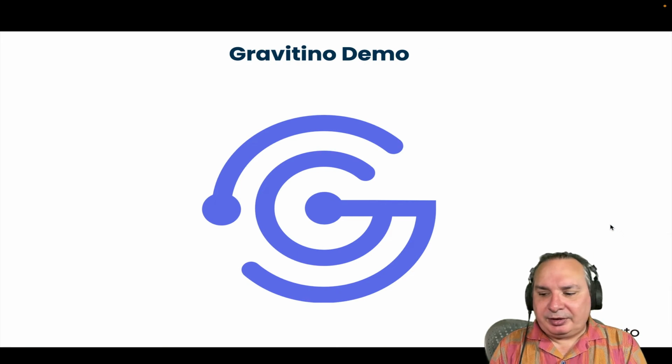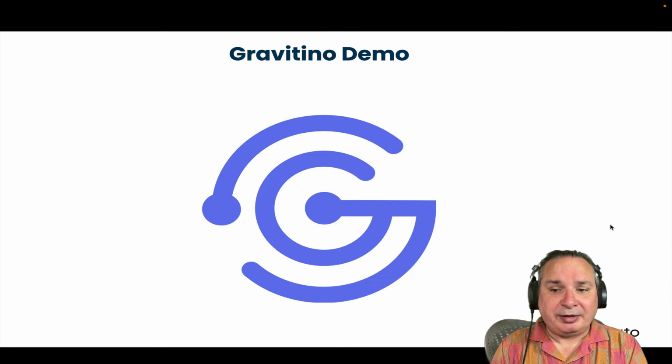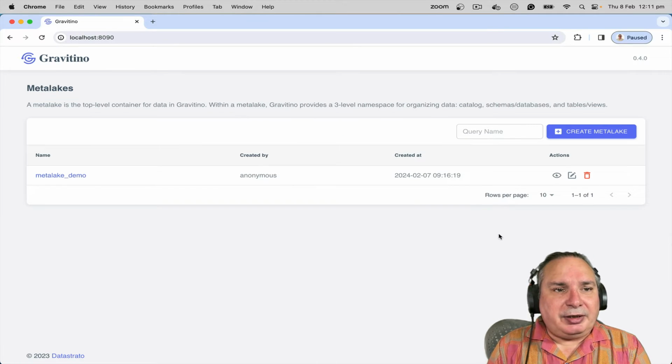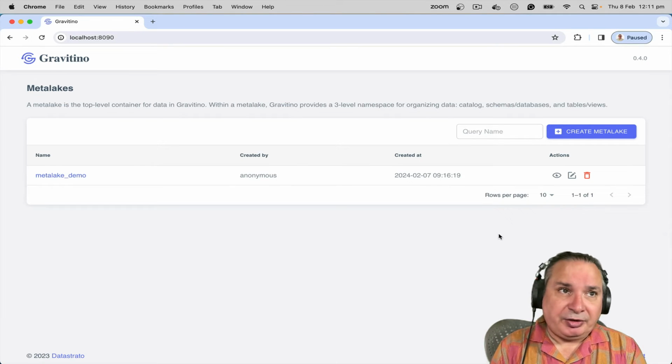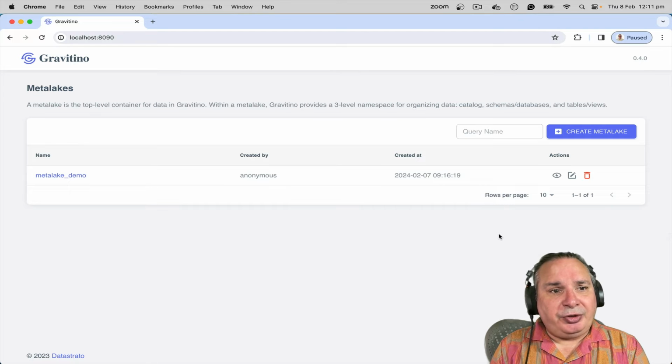Okay, so now it's time for the demo, and the first thing that I'm going to do is have a look at the Gravitino UI. So this is what I've done here: we have a thing called the playground, which is a whole lot of Docker containers that start up Iceberg and Hive and Postgres and MySQL, and also Gravitino. And this is an easy way for people to get started, so they don't have to set up and install all these things themselves. So this is the Gravitino UI,